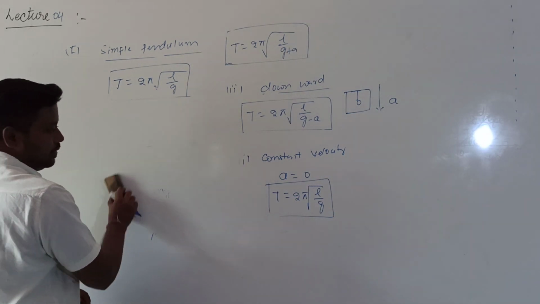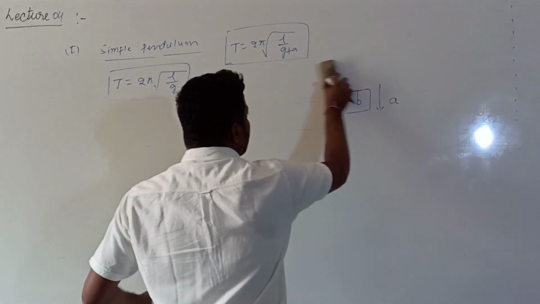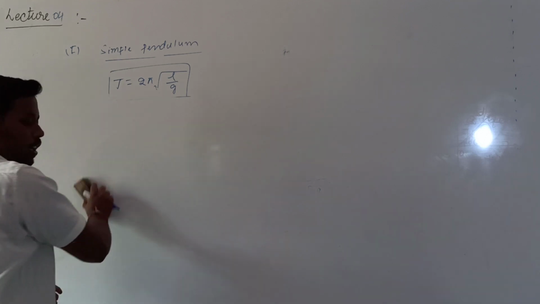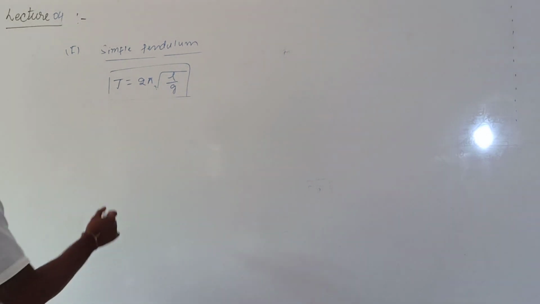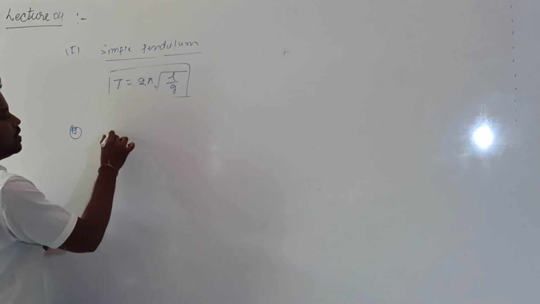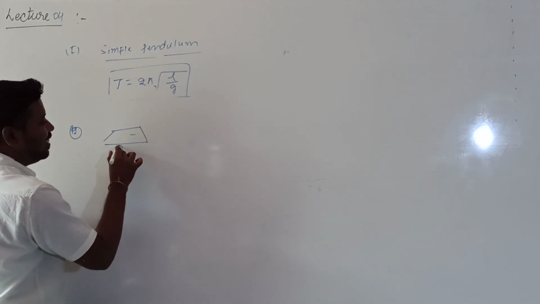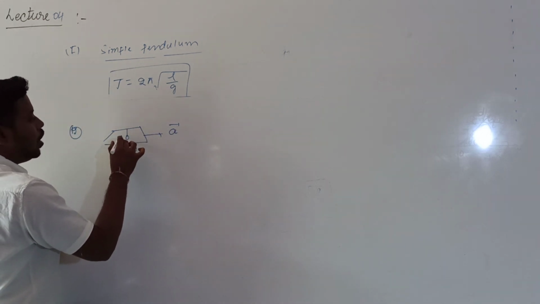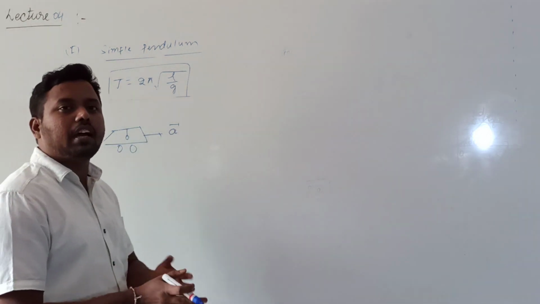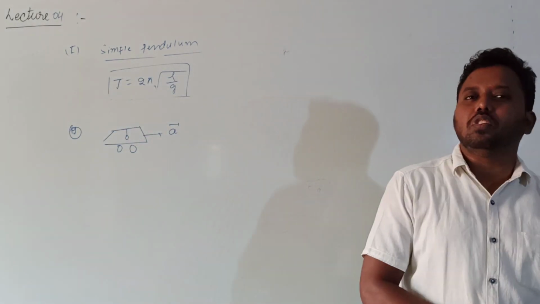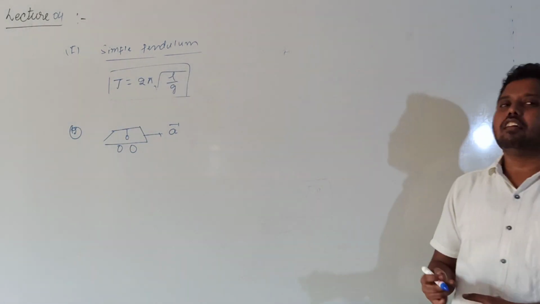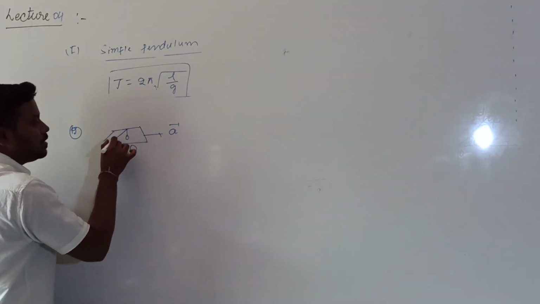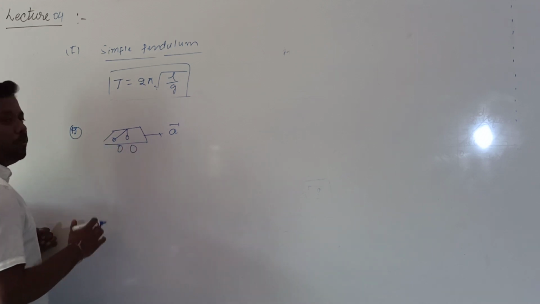So that was point number 11. Next, what happens to the time period value if the pendulum is attached to the roof of a car? Let me consider the 12th one. Let us consider one car which is accelerating horizontally. A bob or pendulum is attached to the roof of the car. Whenever it is attached to the roof of the car, the car will be a non-inertial frame of reference. Due to this, a pseudo force will act on the bob in the opposite direction.